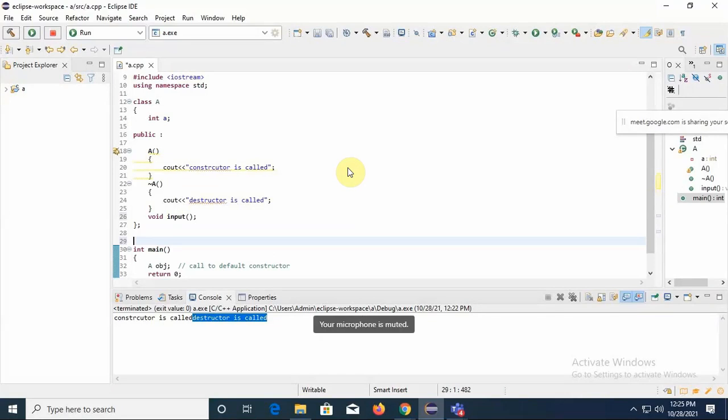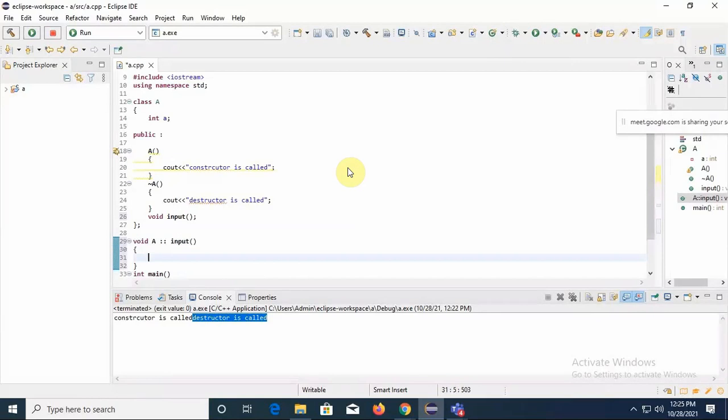So I will write void class A, scope resolution, and then input. That is my function. Now here I can create another object, for example, obj2.